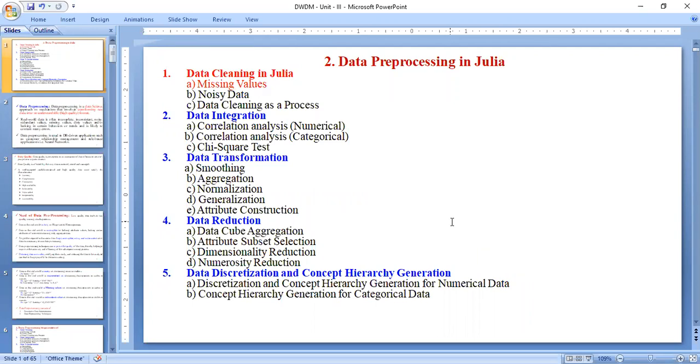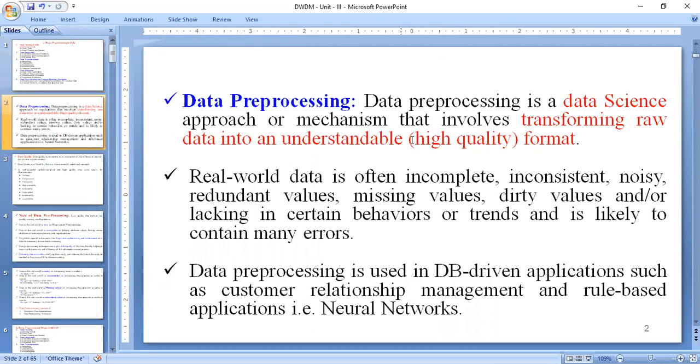Data cleaning is one of the steps in data pre-processing. What is data pre-processing? Data pre-processing is a data science approach that involves transforming raw data into an understandable format, that means transforming the data into high quality data.